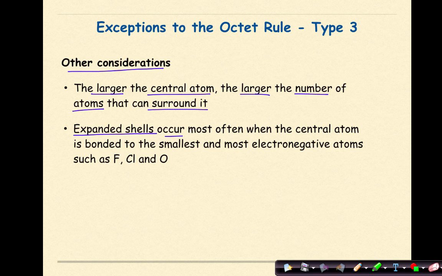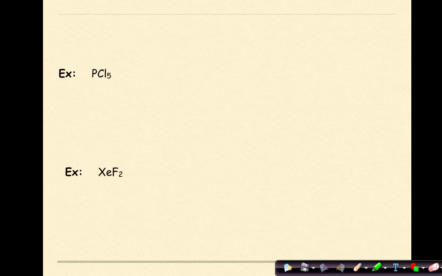Expanded shells occur most often when the central atom is bonded to the smallest and most electronegative atoms such as fluorine, chlorine, and oxygen. Let's look at an example of PCl5. If I look at PCl5, I see phosphorus, one of them with 5 valence electrons. Chlorine, we have 5 chlorines, 7 valence electrons apiece, 35 electrons total, for a total of 40 electrons or 20